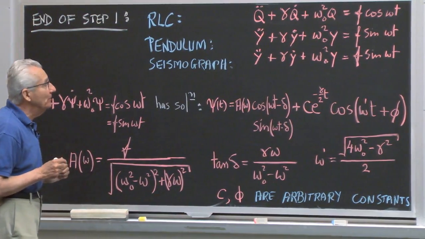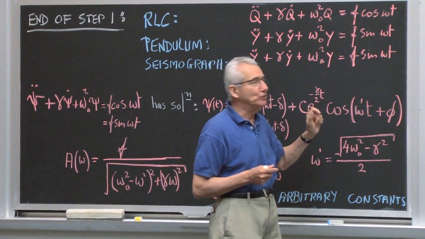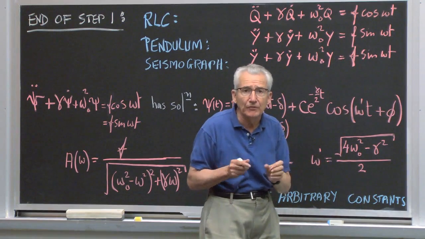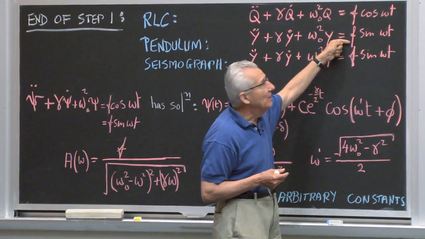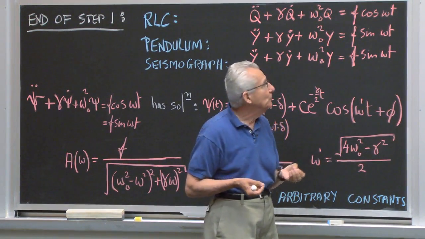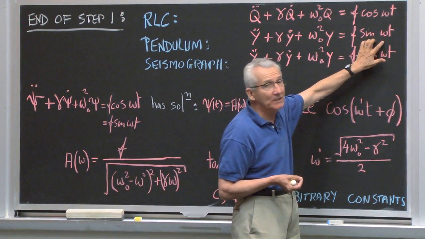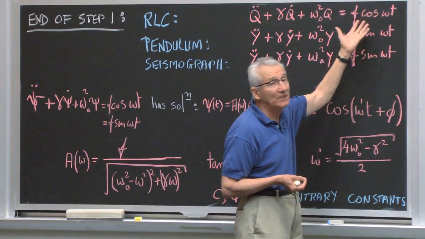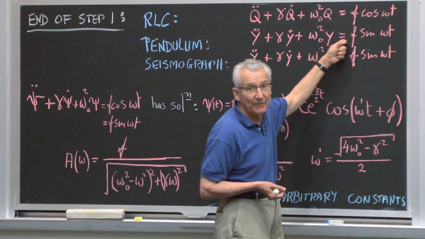Now, one more comment. These look like different equations. One looks like a cosine, here a sine. If you stop and think for a second, they are actually one and the same equation where you've redefined what is t0. So by just changing the phase of this, you get to this. You've changed it by 90 degrees. So just redefine what t0 is, your clock, and you'll get from this to that.